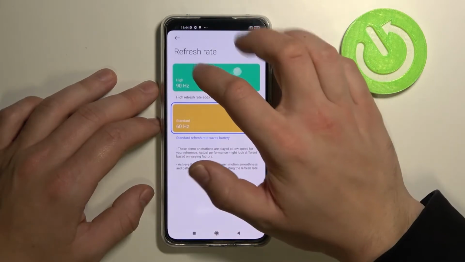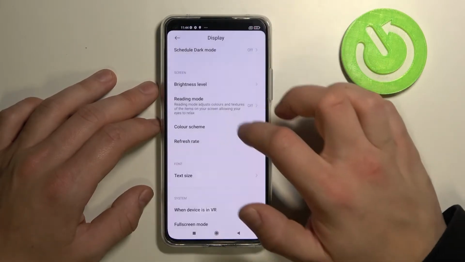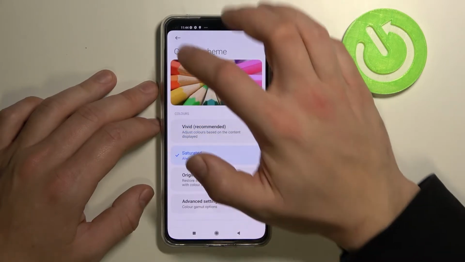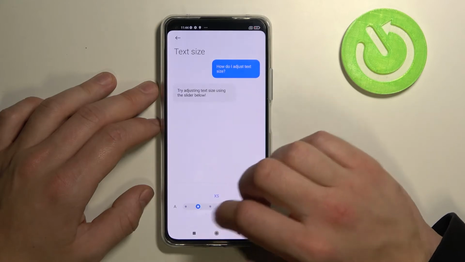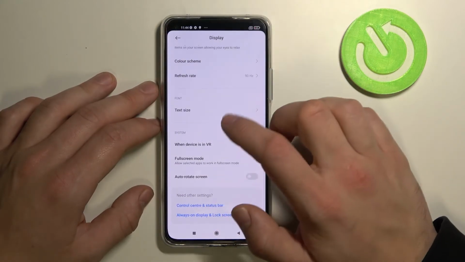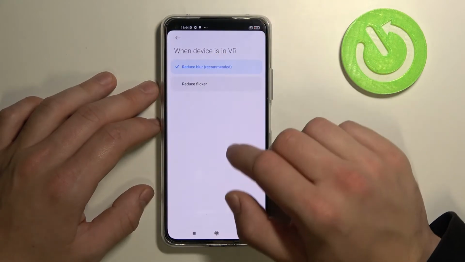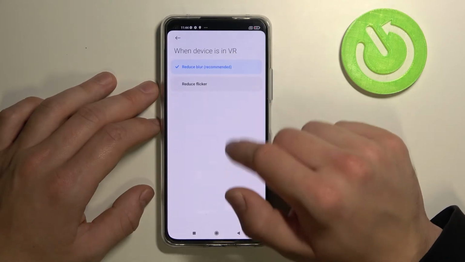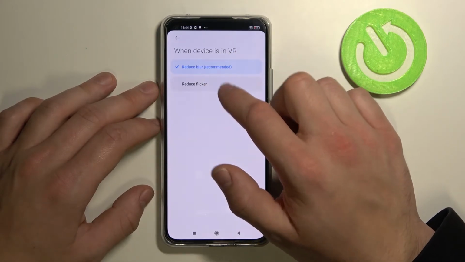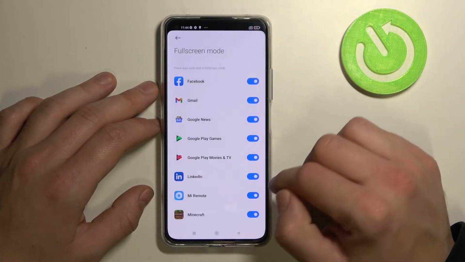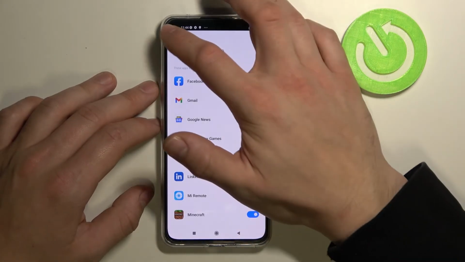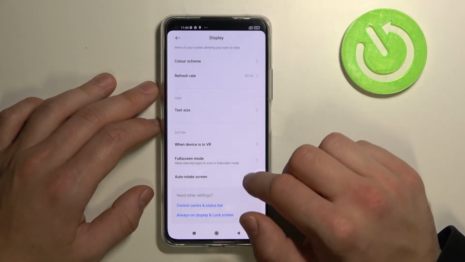We can change refresh rate, color scheme, text size, select when device is in VR to reduce blur or reduce flicker. We can select full screen modes for app and turn on or off auto rotate